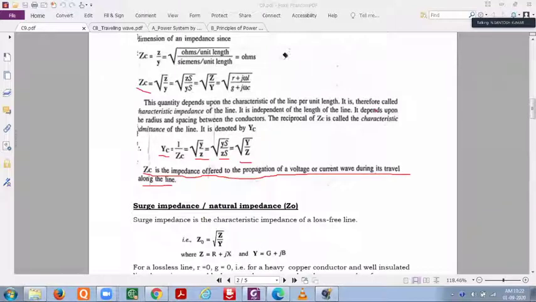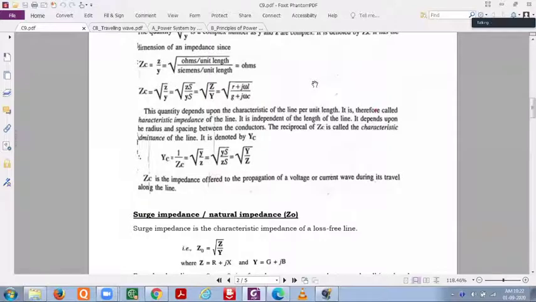Right? So this is your characteristic impedance. Now I will put one small question. I think everyone can answer. It's a very simple question. Now I have ZC, the characteristic impedance. So in this characteristic impedance, if I consider your R,